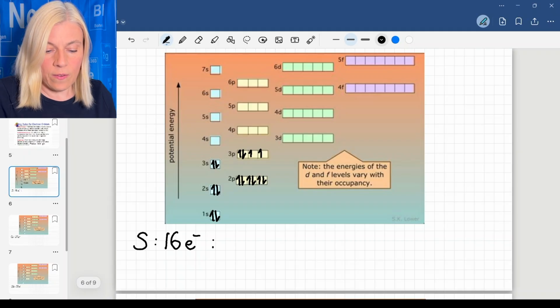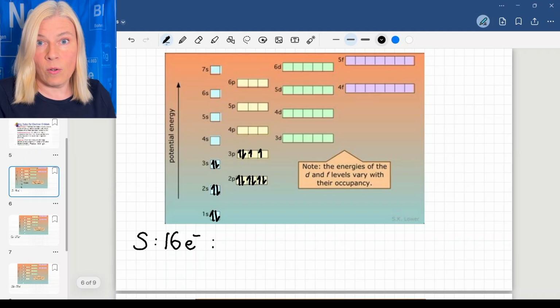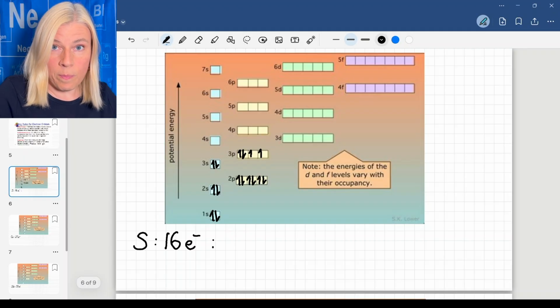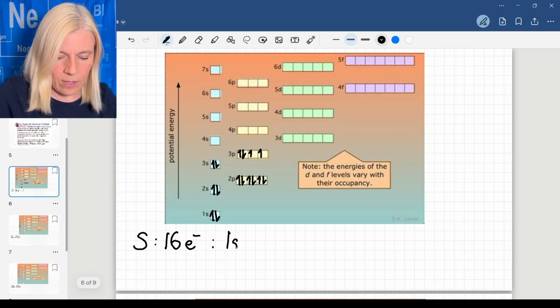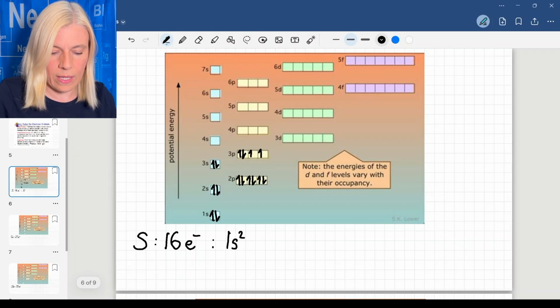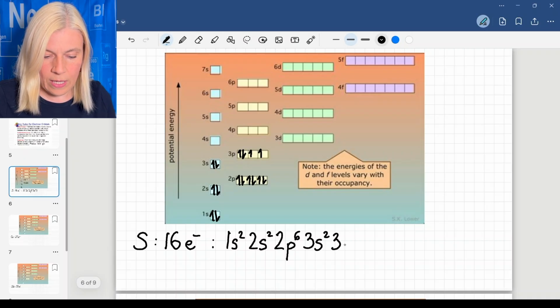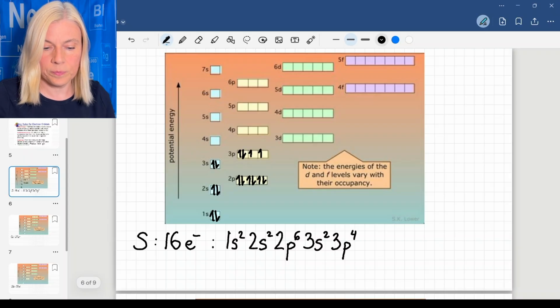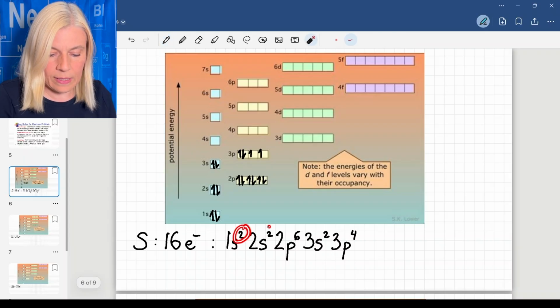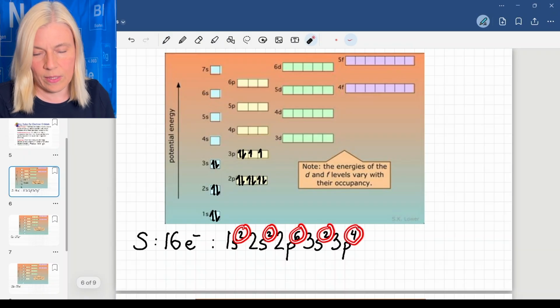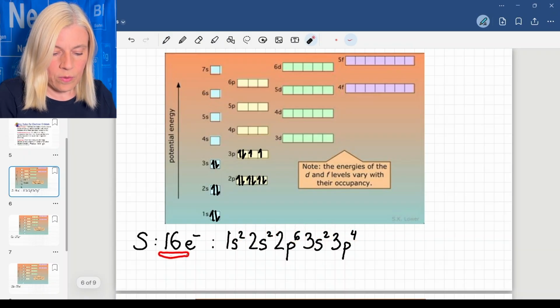Here you go. So I filled in my electrons in the orbitals for sulfur, and now I'm going to write my electron configuration. So where am I? Well, I was on the bottom energy layer. I went through 1s layer, and I have 2 electrons in my 1s orbital. Then I went to 2s, and I have 2 electrons. Then I went to 2p orbitals, and I have 6 electrons. Then I went to 3s, 2 electrons. Then I went to 3p, and I have 4 electrons. If you add up these numbers, these exponents, but they're not really exponents here, it should equal 16